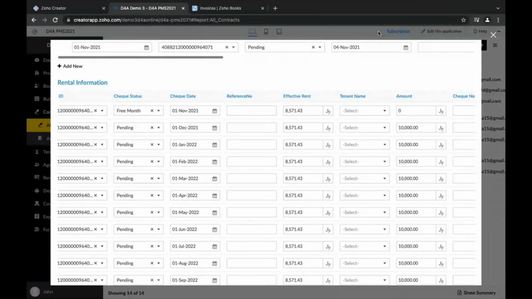We have one more question. Are the invoices sent to tenants on a monthly basis? I think they're trying to understand whether they are automated or not. That is correct. Yes, it is automated. If you want this to be sent out on a monthly basis, maybe as a reminder to the client, yes, it's possible. Or if you just want to keep it internal, yes, we can. Both ways are possible.